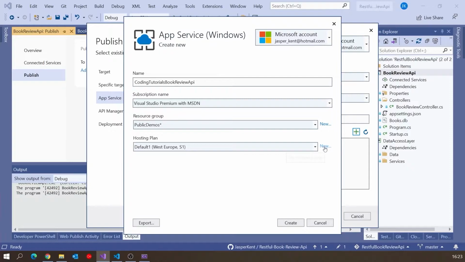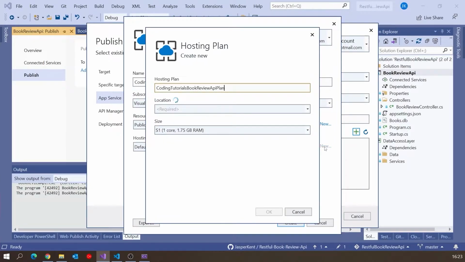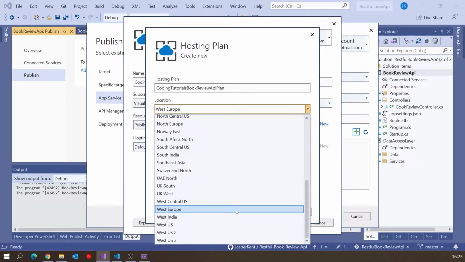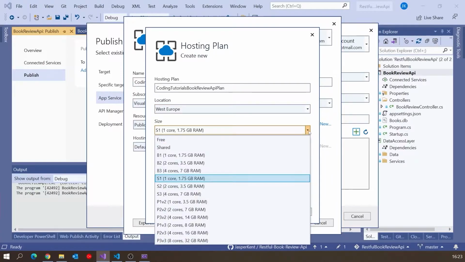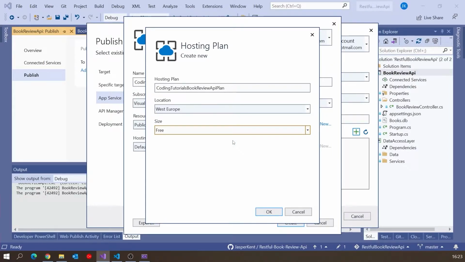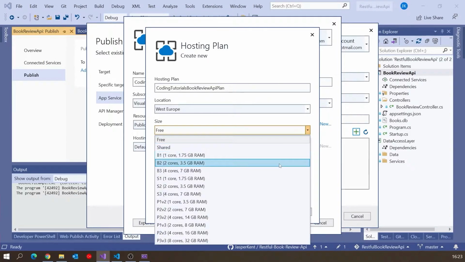And then also I'm going to select a hosting plan. And this basically is configuring the pricing of where this is going to be served. So I can choose the location. I'm going to choose Western Europe for that. Basically, you can get some performance gains if you locate it nearest to where most of your users are. But actually, in terms of pricing, Western Europe, certainly for me, tends to be the cheapest one. And then you can actually configure the scale of what you've got. And I'm actually going to go for something absolutely simple here, which is go for the free one. So it's not even going to cost me anything. But you can see various options where we can scale up.